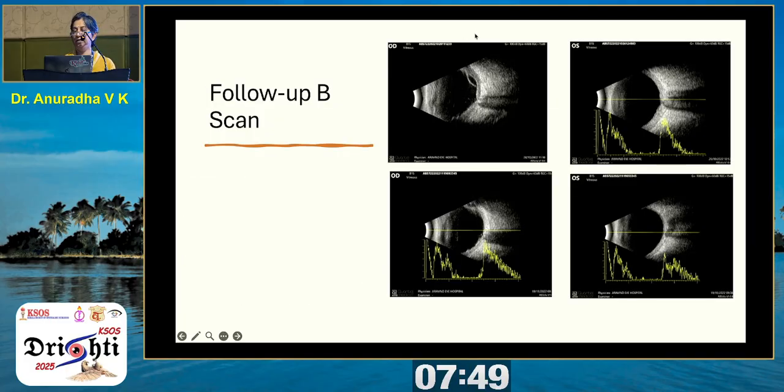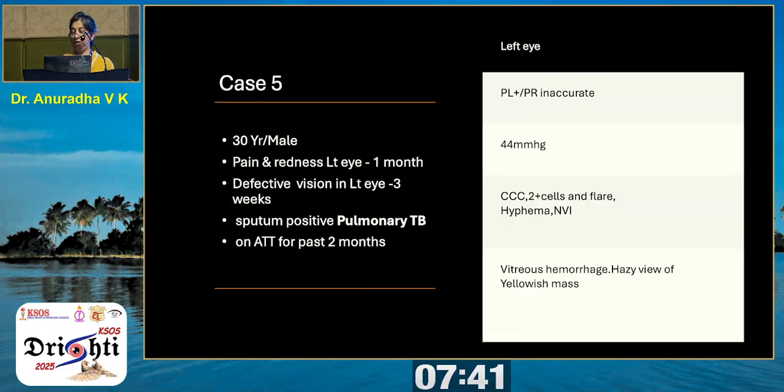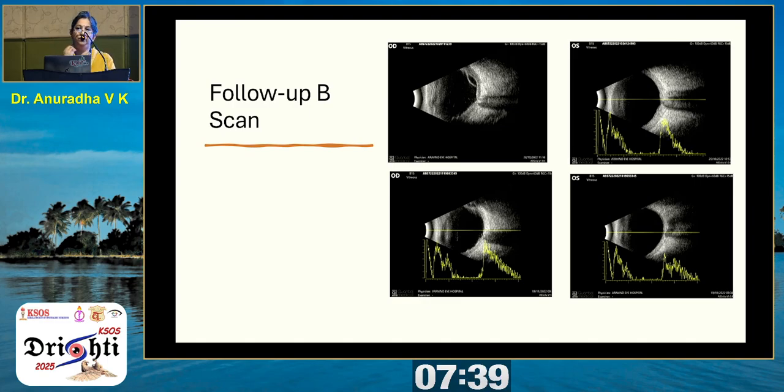And this is the response to the treatment. You can see the reduction in the RPE thickening and the resolution of exudative VADI. So when you think of uveitis in HIV patients, you think opportunistic infections or a masquerade, which is the correct thing to do. But do not think that these patients cannot develop an autoimmune disease. It is known to happen. There are other reports of VKH in HIV patients.